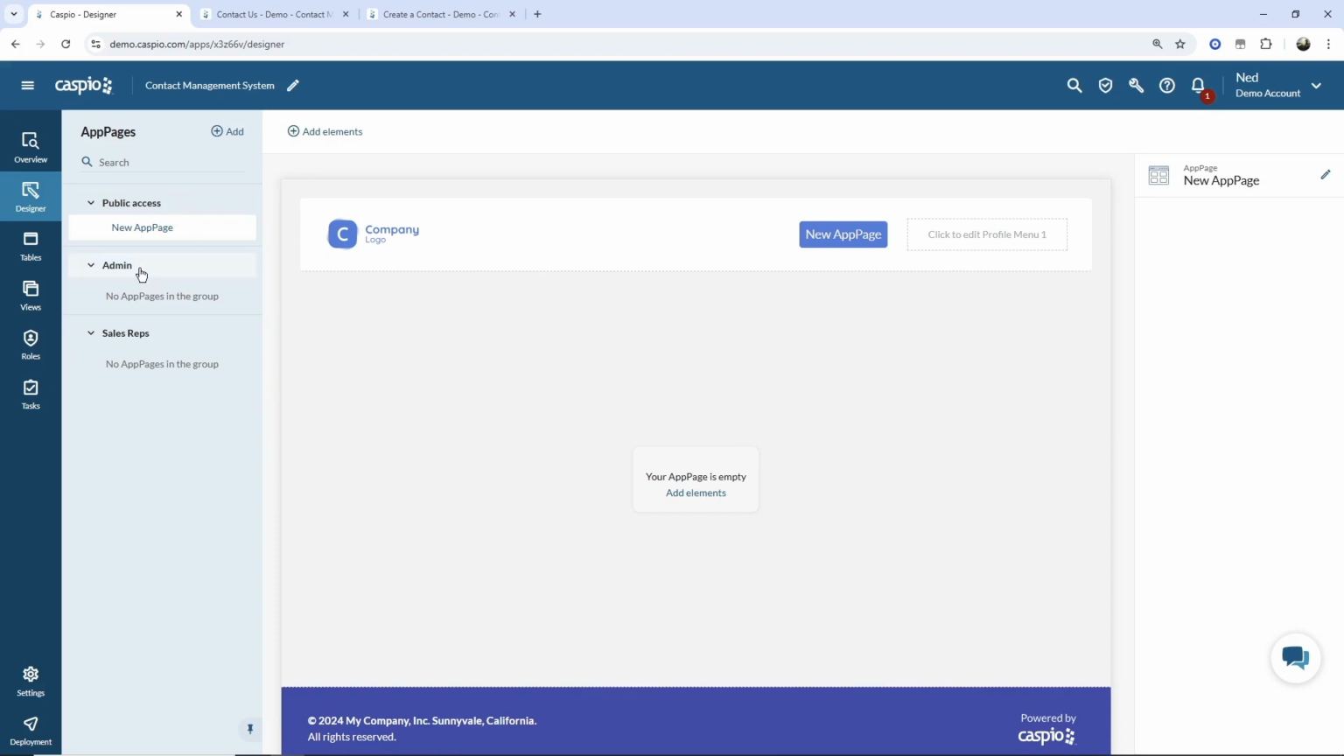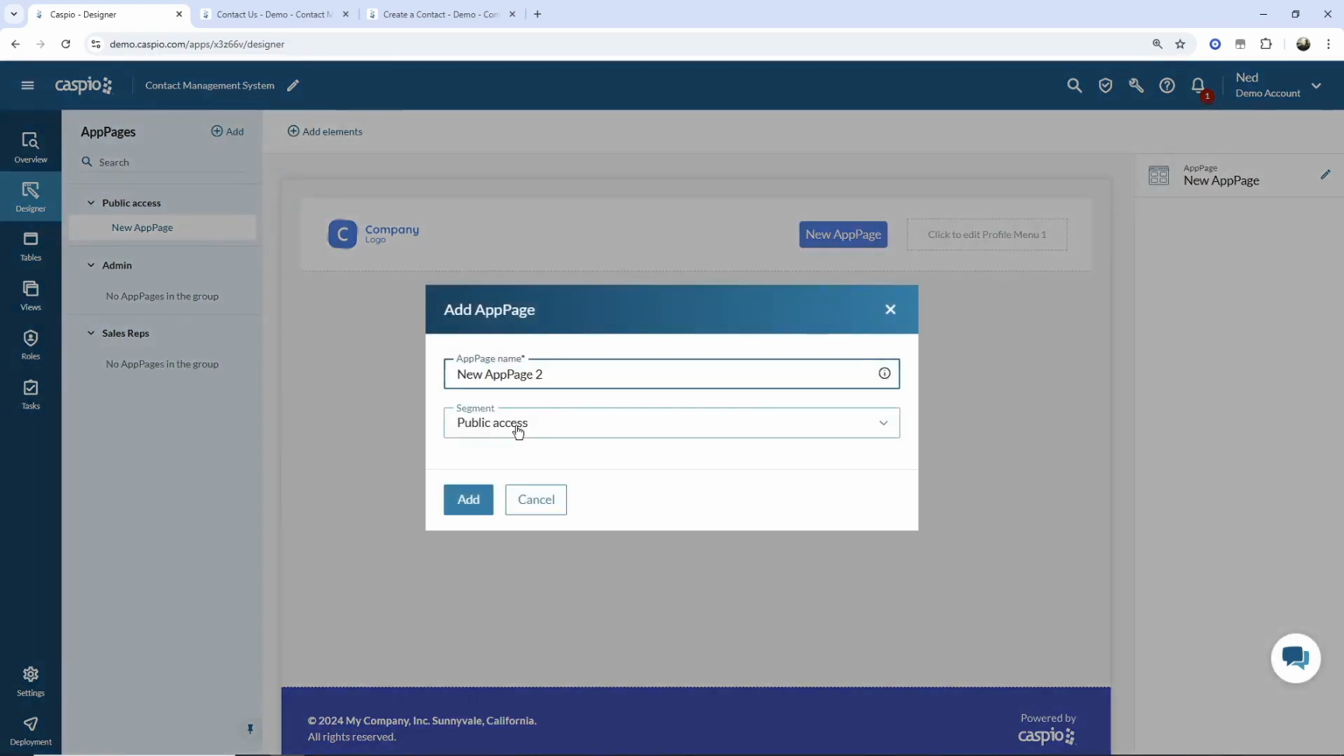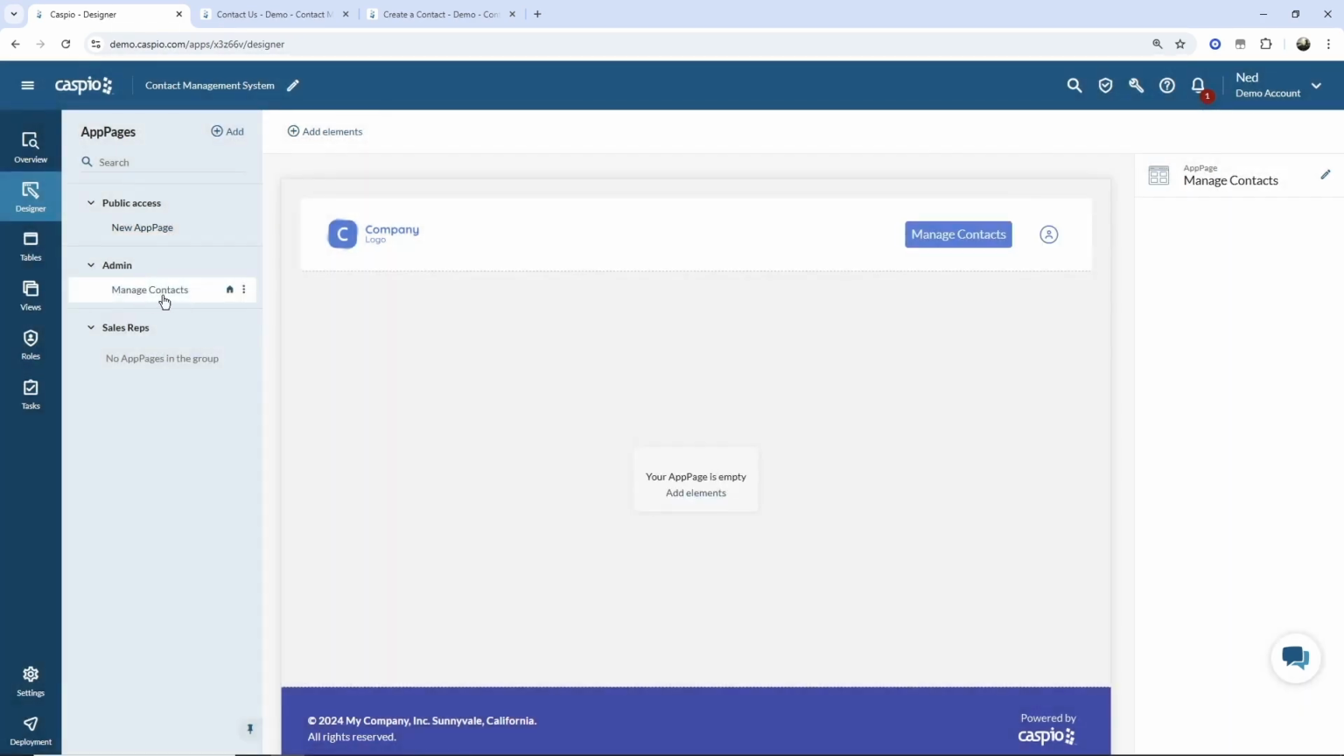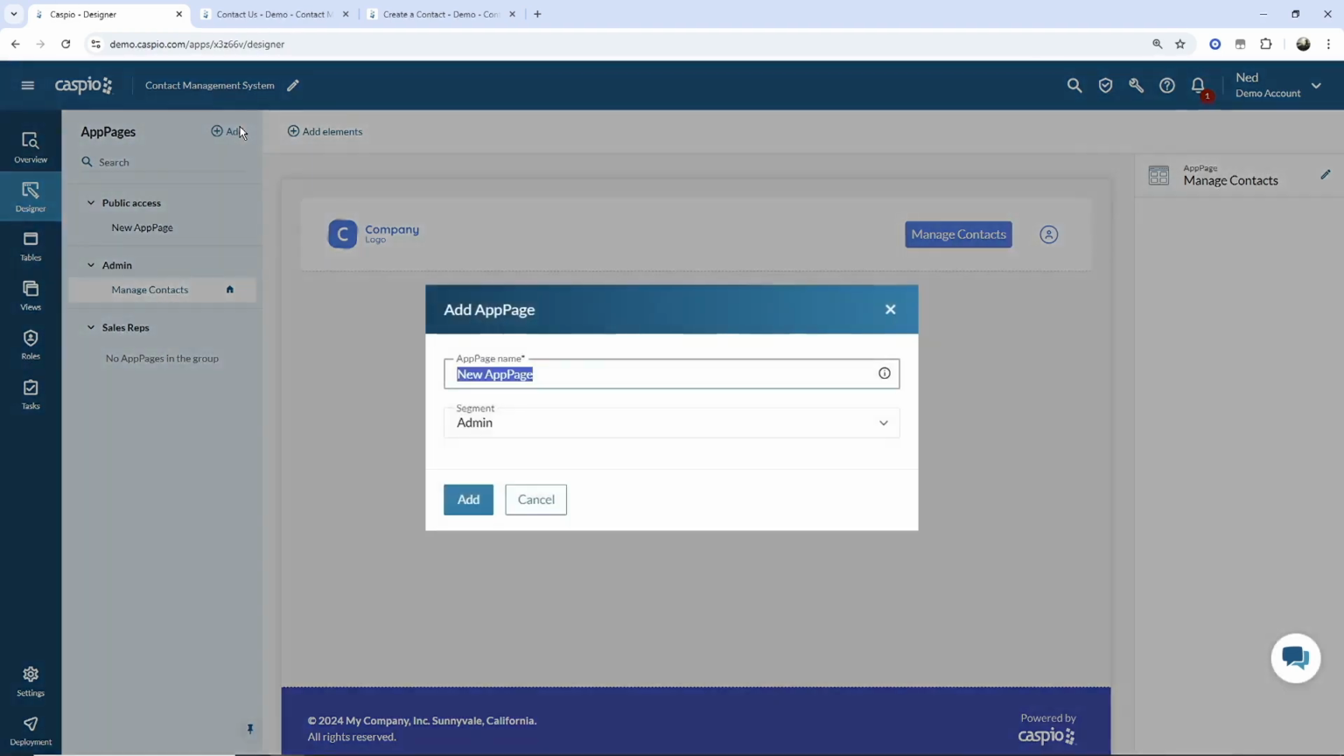So for example, for the admin segment, if I click on Add App Page, we can choose that app segment called Admin. And we know that the admin is going to have the ability to manage contacts, so we can quickly create that app page name, and we're going to be able to see that listed. Now in my live demo, if you recall, when an admin logs in, they have the visibility into the dashboard view. So I'm going to add another app page, and we're going to call this dashboard and add that into